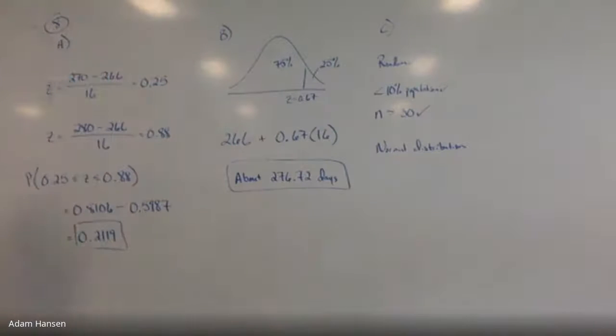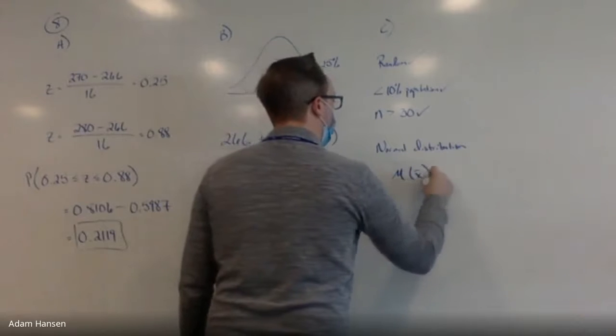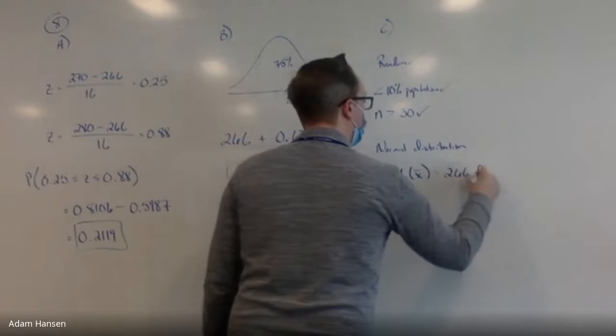Okay. What should the average of my sample lengths be? I take a sample of 60 women and take their average pregnancy length. What would I expect that average to be? 266. Why? Right. If I'm sampling from a normal population, I'd expect my sample mean to be the same as the population mean. So the average of X bar is 266